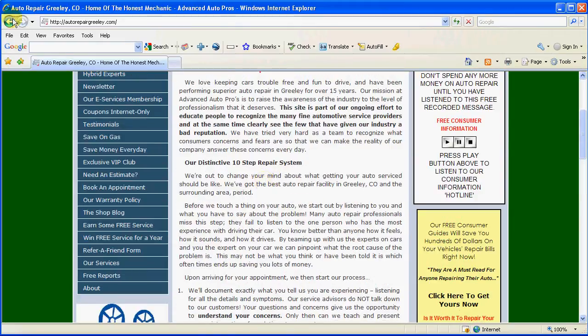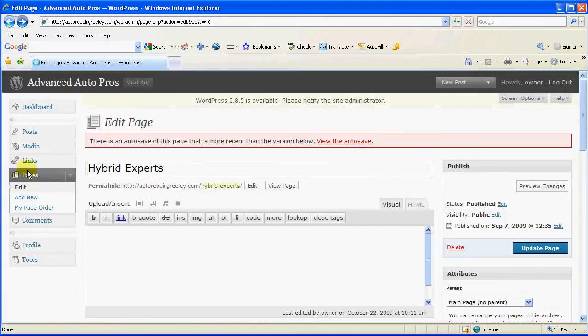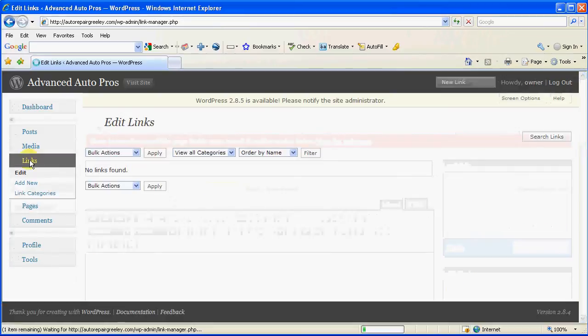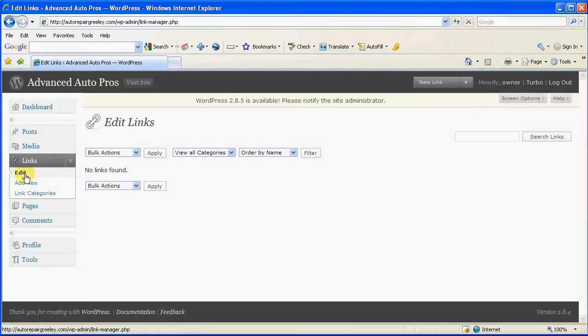All you have to do is go back in here into the admin panel. So we'll go back in and go over here where it says links. Now the links menu is going to open up, and as you can see, we can edit links, add new ones, and create linking categories, or categories of the types of links you're creating. Now right now there's no links in here at all, so if we simply want to add a new one, well, we can do that. Just click on Add New,